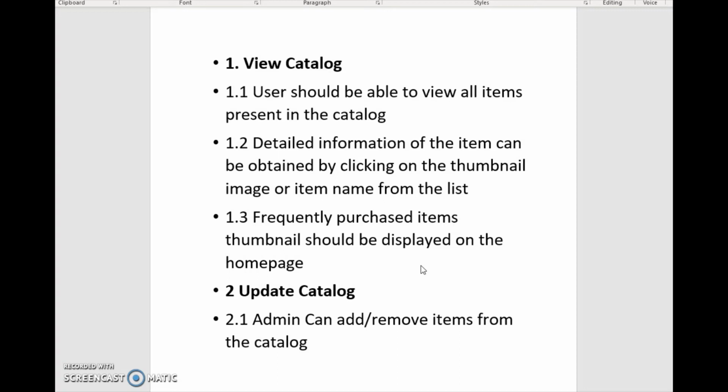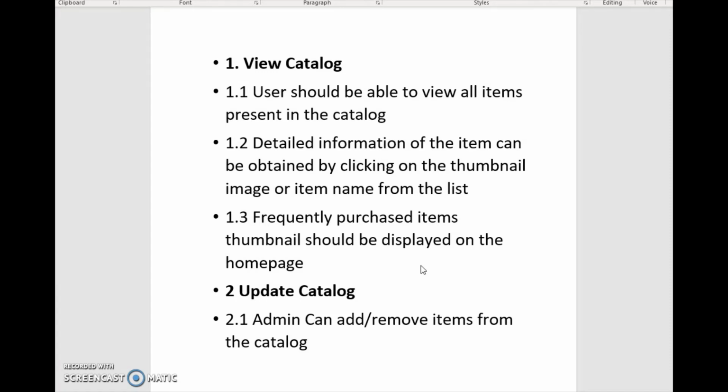Okay, so let us just read this. Now if you read it a number of times, you'll try to understand whether there are any issues in the requirement itself. Obviously, see the first statement itself: user should be able to view all items present in the catalog. Now which user? Shouldn't it be a registered user, or should any visitor be able to view the catalog? That should be mentioned clearly, isn't it? That is not given here.